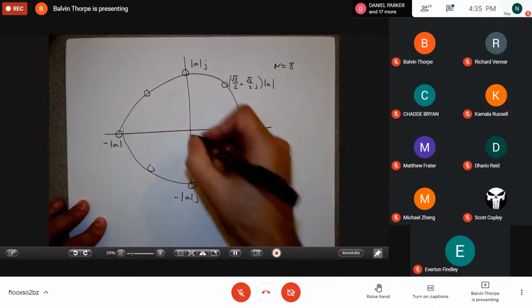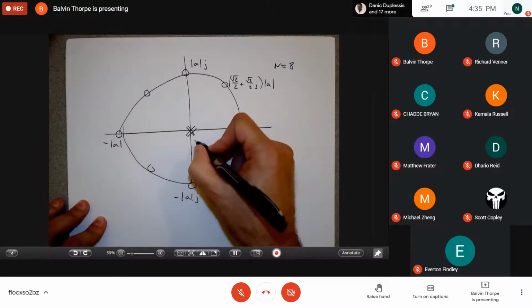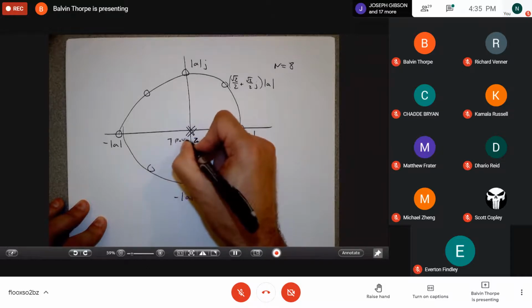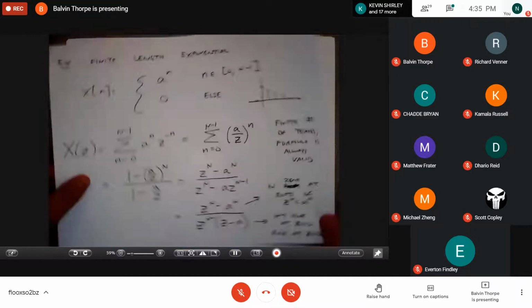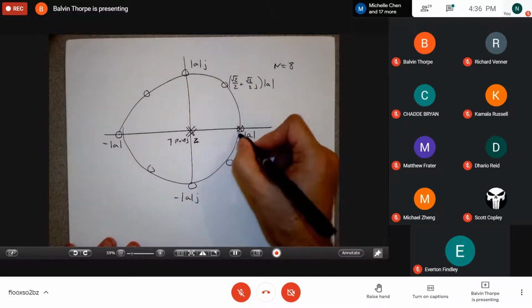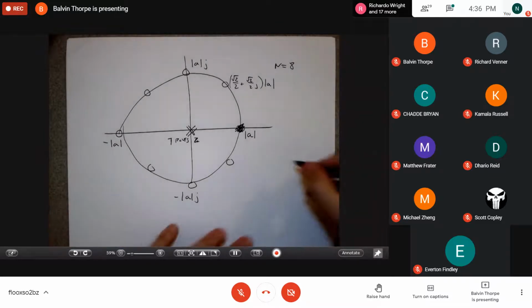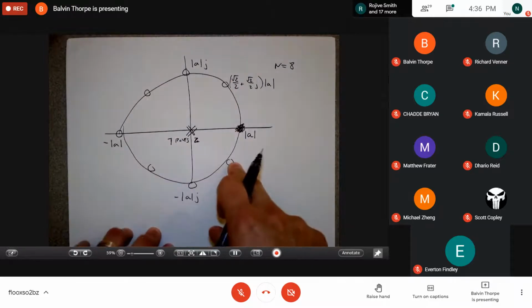And then my poles, I'm going to have basically a whole bunch of poles at 0. I'm going to have, let's say, 7 poles, if n equals 8. And I'm going to get a pole, as we talked about, at z equals a. I have this extra pole here. And so here I see that this location has both a pole and a 0 on it. And so these things are basically going to cancel each other out, right? So there's not going to be a 0 here or a pole here because the numerator and the denominator both cancel each other out. Those terms vanish. And so actually what I have is 7 poles at the origin and 7 zeros scattered around the complex plane.